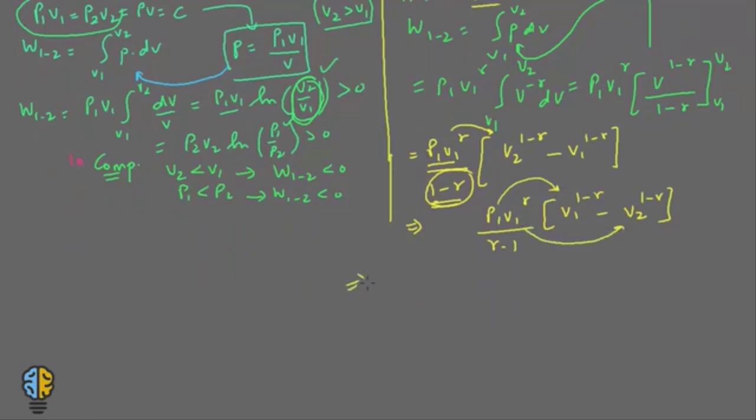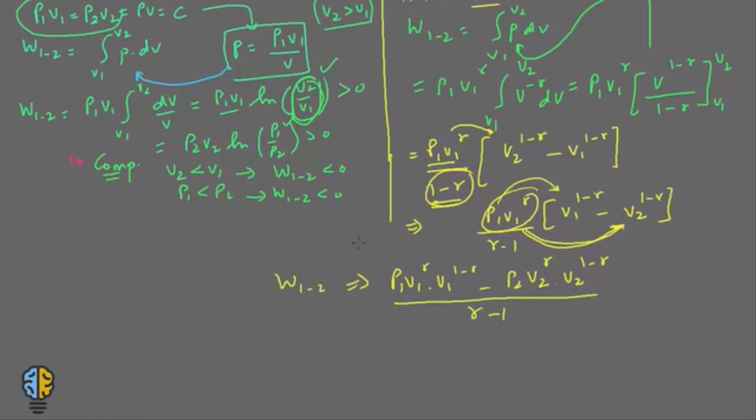Now let's multiply this with this term and with this term. When you multiply this, you will get P1 V1 to the power gamma into V1 to the power 1 minus gamma minus, when you multiply this term with this term, you can replace this with P2 V2, and you get V2 to the power 1 minus gamma upon gamma minus 1. So this is work 1 to 2. Now when you simplify it further, you get P1 V1, gamma can be cancelled out, minus P2 V2